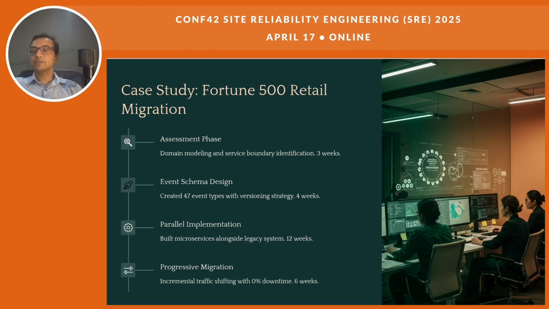The third phase, which ran in parallel, saw the development of microservices alongside the legacy monolithic application, ensuring the existing system remained functional during the transition. This dual approach aligned with the SRE principles of minimizing disruption and maintaining uptime while introducing new components. Finally, the progressive migration phase enabled incremental traffic shifting to the new architecture with zero downtime. This gradual rollout ensured stability, allowing SREs to monitor performance and address any issues proactively while keeping reliability intact.